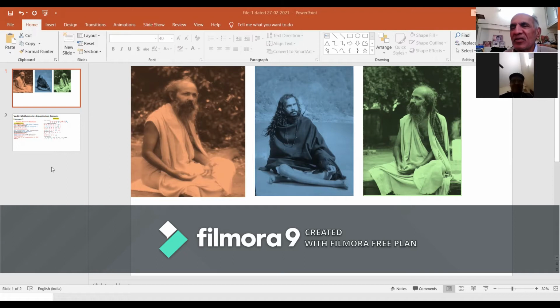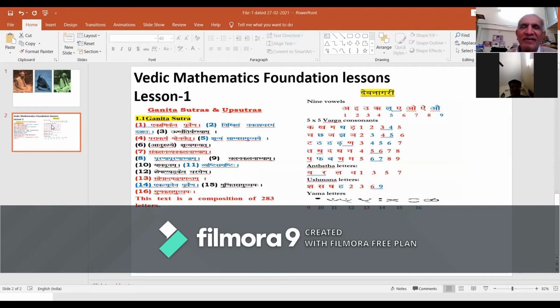Lesson 1 is that there are 16 Ganita Sutras, and this text is only of 283 letters, starting with the first letter A, the sixth vowel, reaching up till the last letter Visarjaniya. There are a total of 283 letters. The Sutra 6th has within bracket 7 letters, Anurupe. So the remaining are